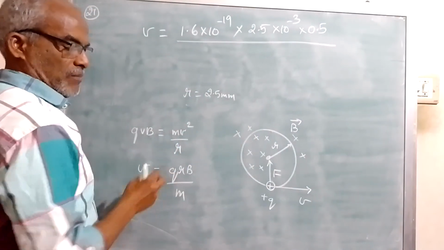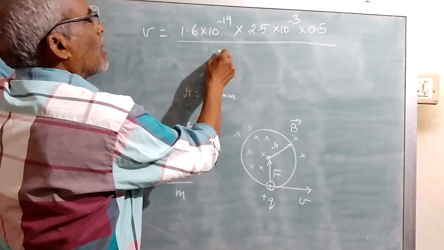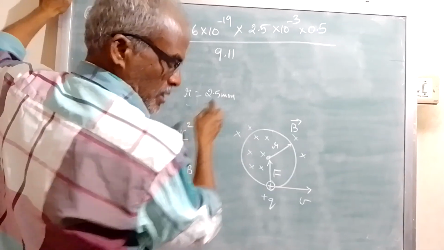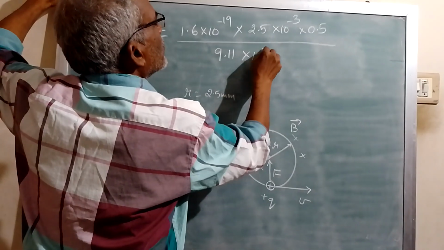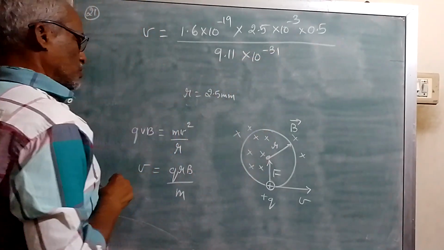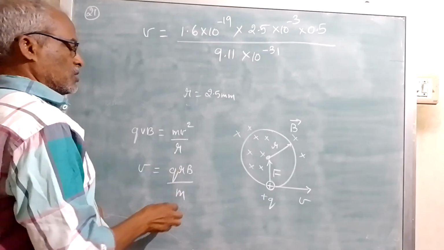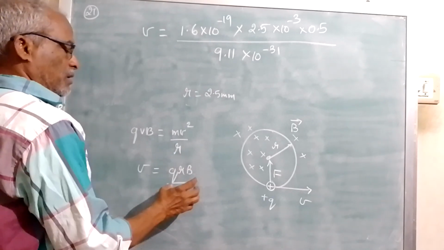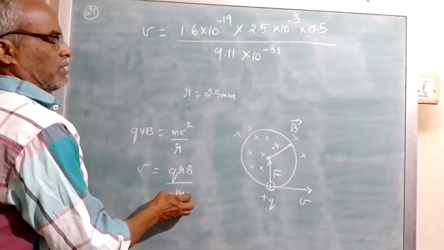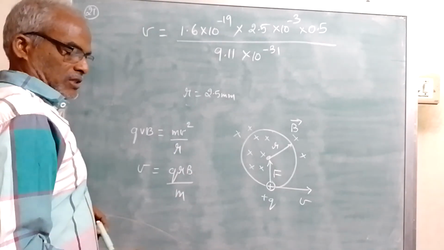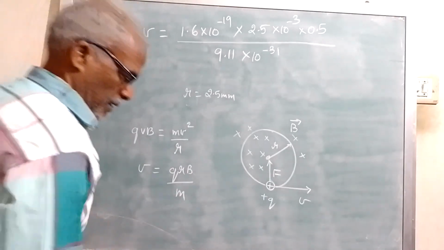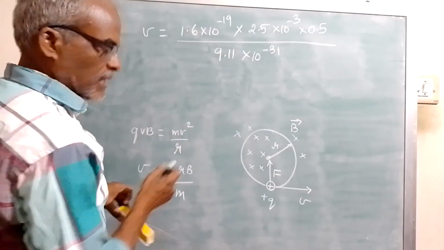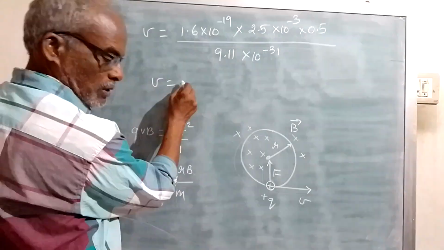In the denominator we have the mass of the electron, 9.11 into 10 power minus 31. So we have substituted the charge of the electron, radius of the circle, magnetic field, and also in the denominator the mass of the electron. After simplification, you will get the result as velocity is equal to